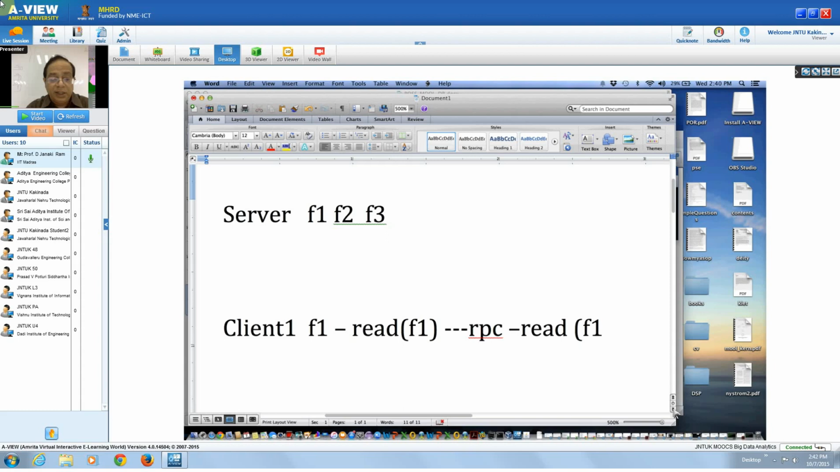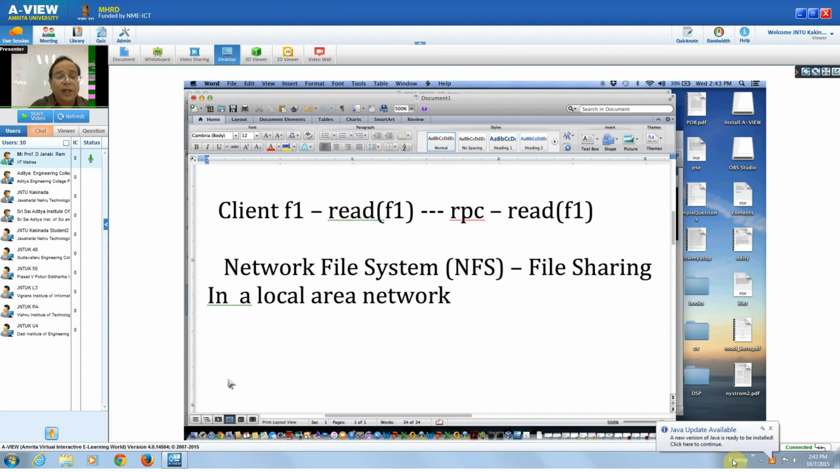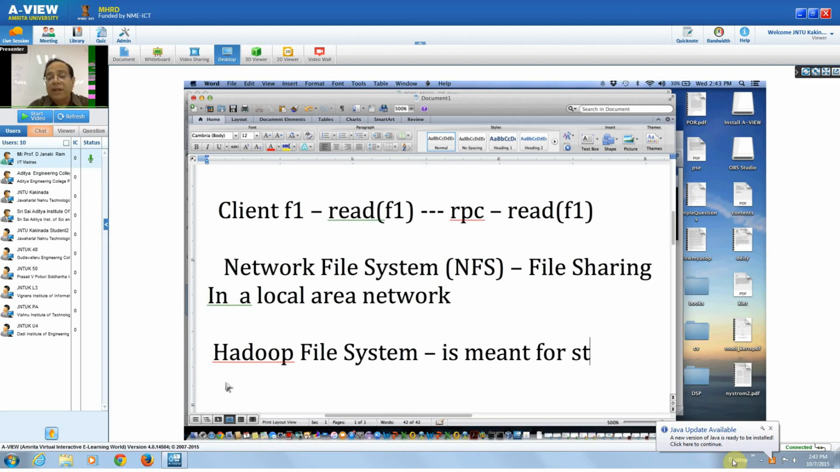Now, the network file system is meant for file sharing in a local area network. As opposed to this, the Hadoop file system is similar, but the Hadoop file system is meant for